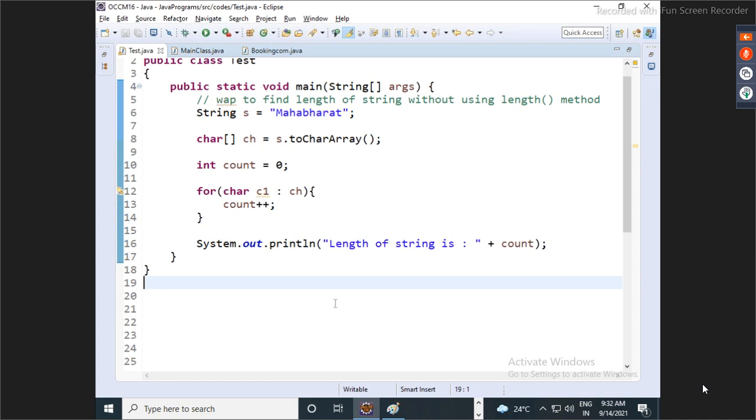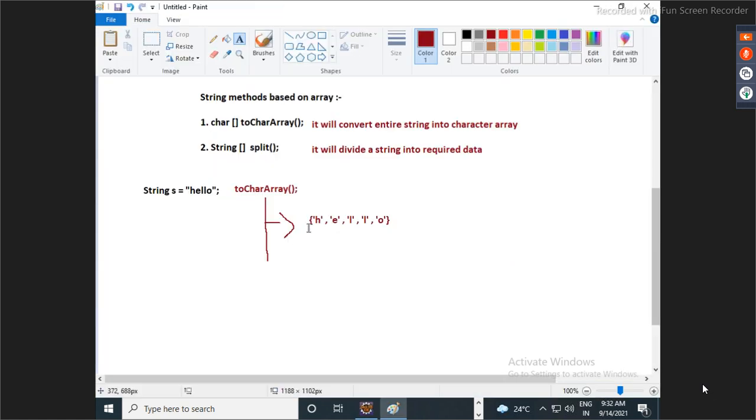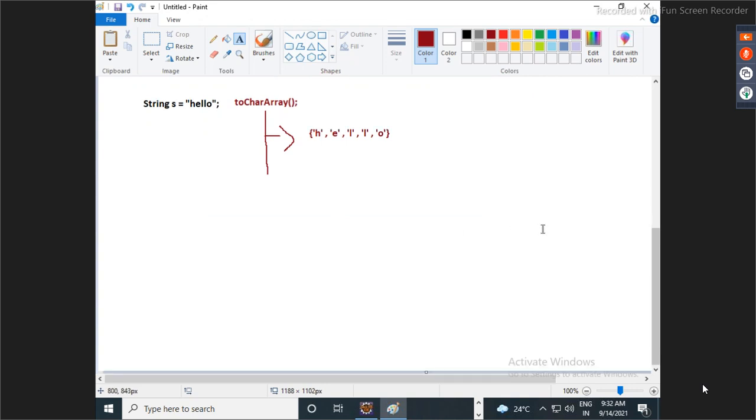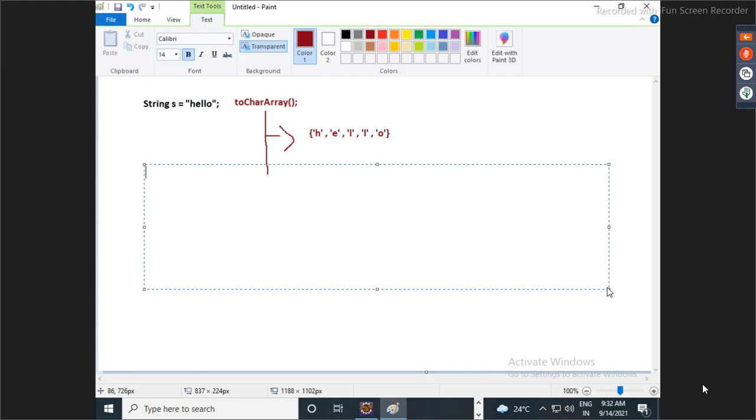Okay. So, guys, now see, let's understand this split method. And I'll suggest everyone pay attention on screen. Don't write anything. First understand this method. Let's assume I have a string.